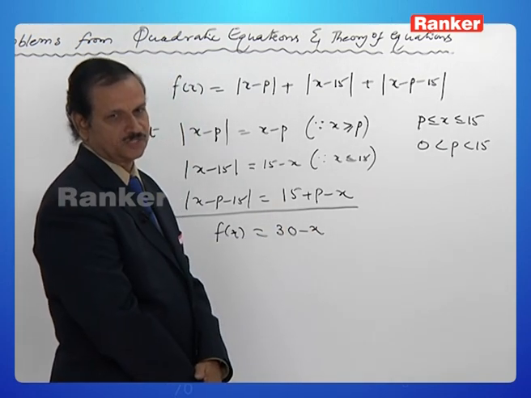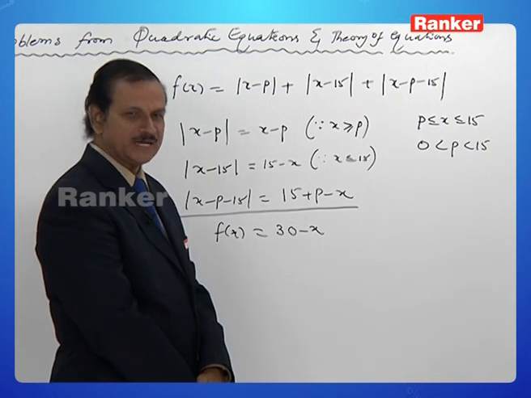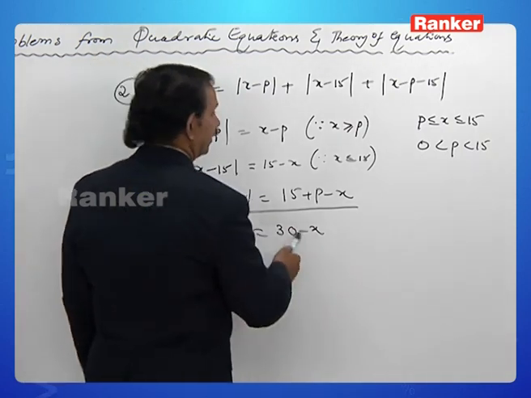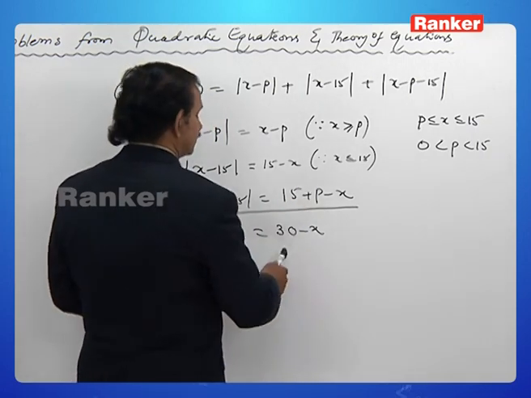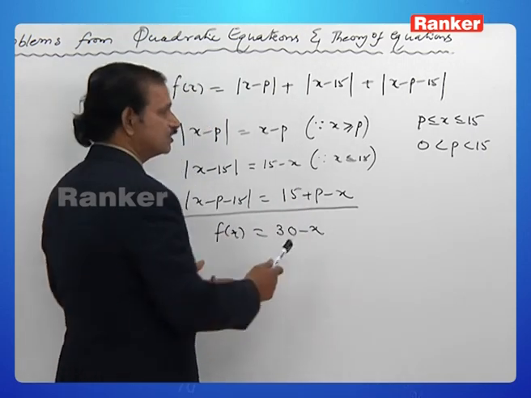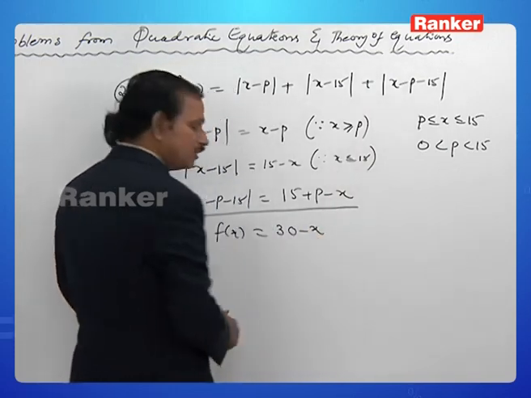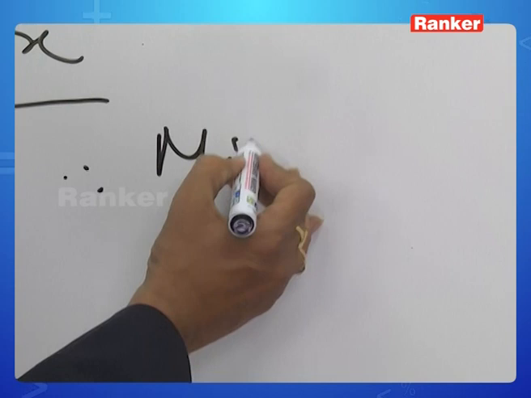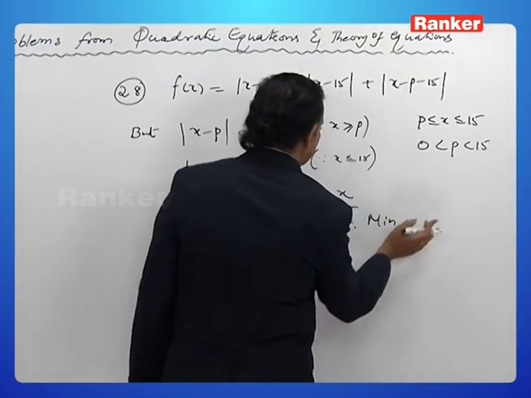If x is 15, then it will be minimum. Isn't it? If x is 0, 30 maximum. If x is 2, 28 maximum. If x is 15, it will be minimum. Therefore, minimum value of f